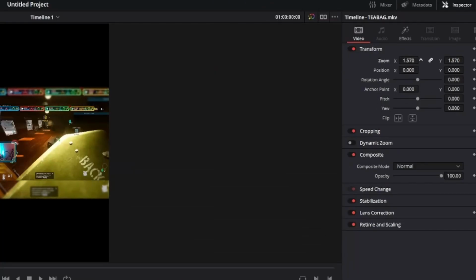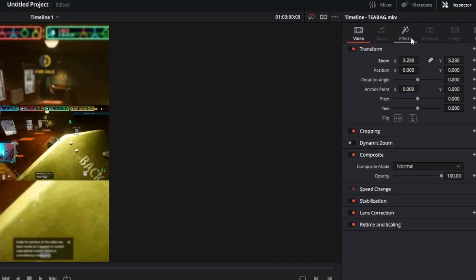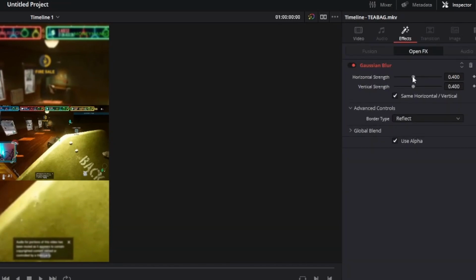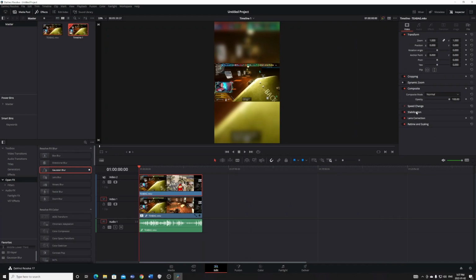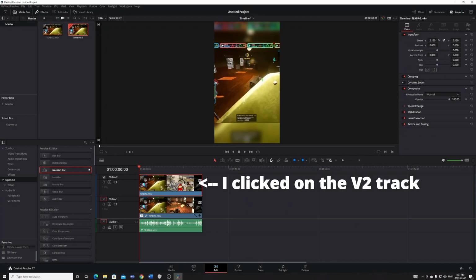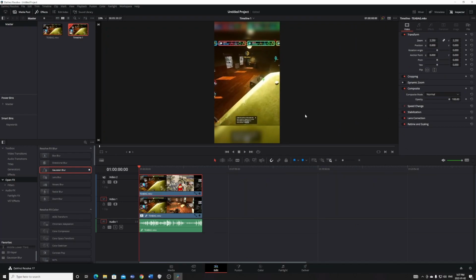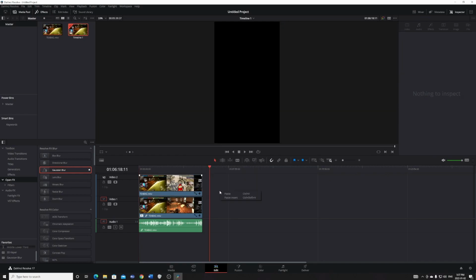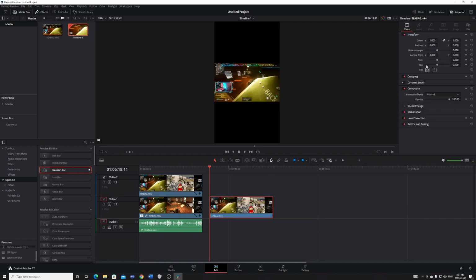Then I'm going to just zoom and go to the effects and turn up blur, okay? As well as zoom in here and voila. Like I said, if I had wanted to do one for my face cam, I'd paste, and then